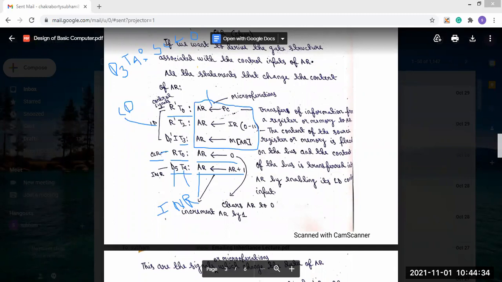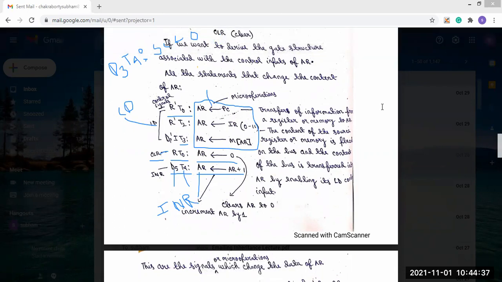So now we have already seen, as an example, what these signals and timing signals are and what output we will perform with this function. Load operation, clear operation, and increment operation, these three operations must be present. Here we transfer from the program counter, from the instruction, into the address register. That is not the same in all cases, because we can transfer from another register. But these three operations should be present: load, clear, and INR.